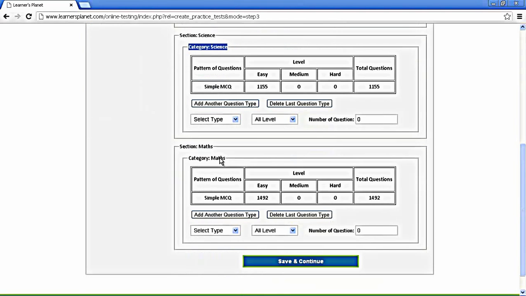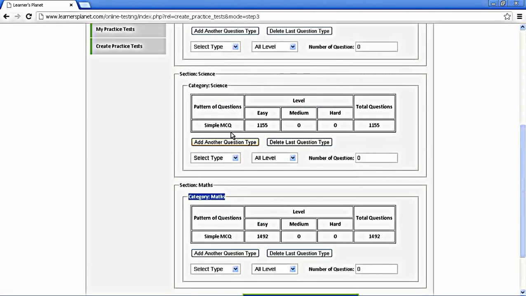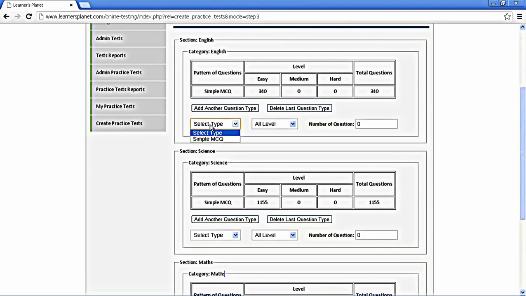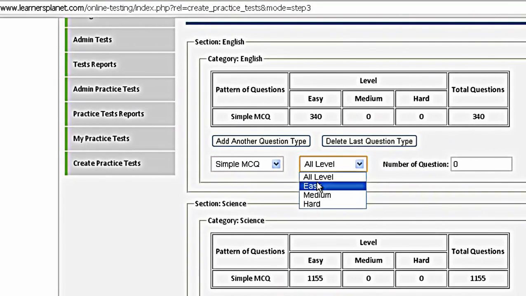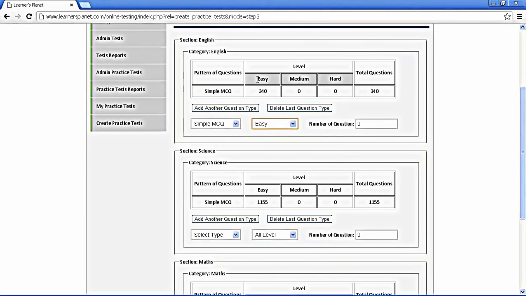Repeat the same for the next section, which is science here, the pattern of question, the number of easy, medium and hard questions, and of course the total number of questions. Do the same thing for the next section, which is maths here. The type of question, that is the pattern of question, easy, medium or hard level question, total number of questions,